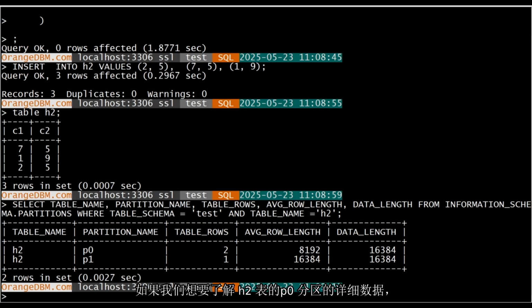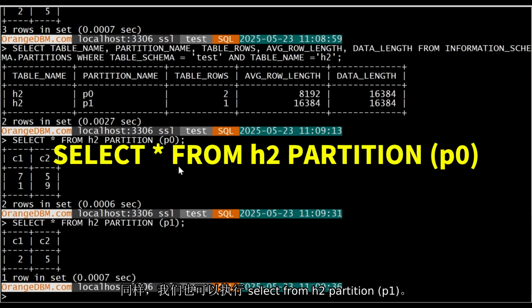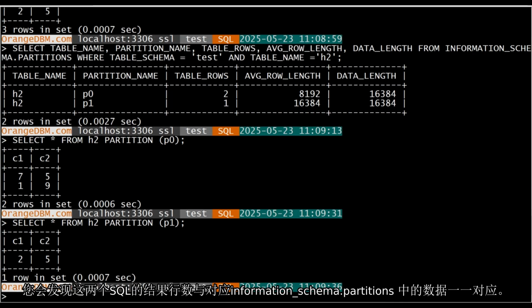P0 and one row of data in partition P1. If we want to know the detailed data of the H2 table P0 partition, we can execute select asterisk from H2 partition P0. Similarly, we can also execute select asterisk from H2 partition P1 to view the data of another partition. You will find that the total number of rows is equal to the corresponding data in